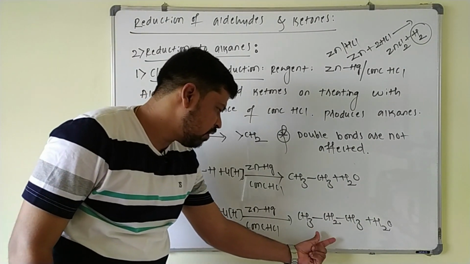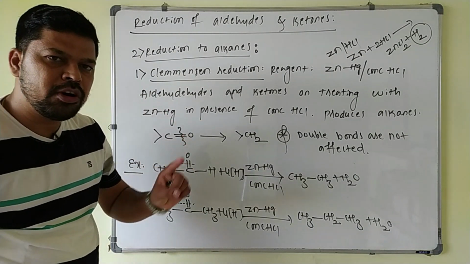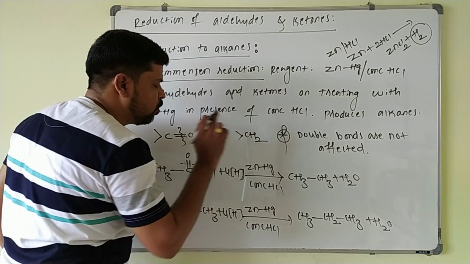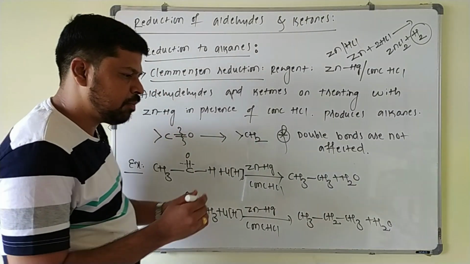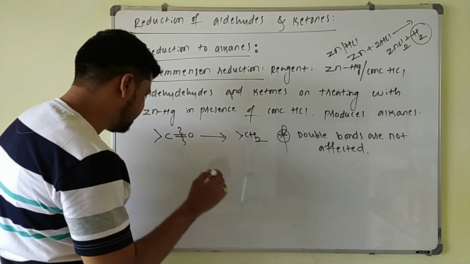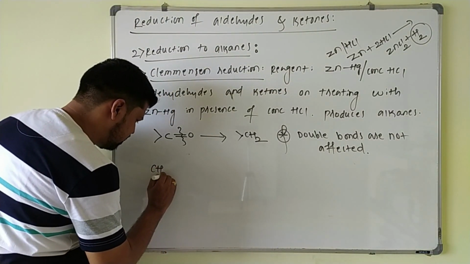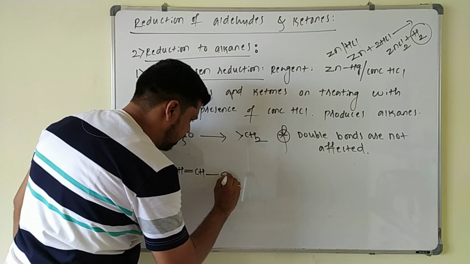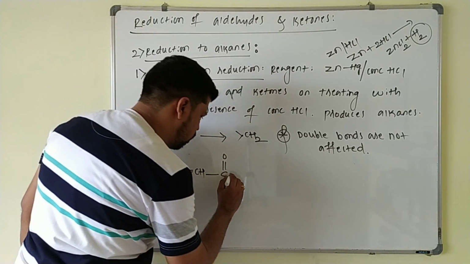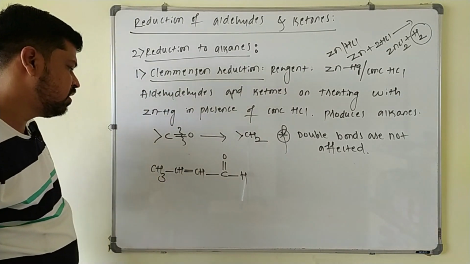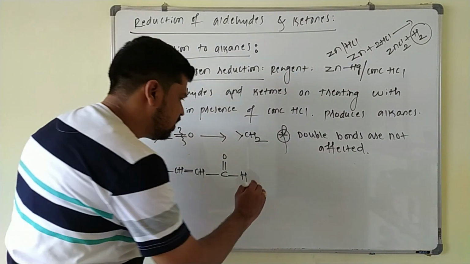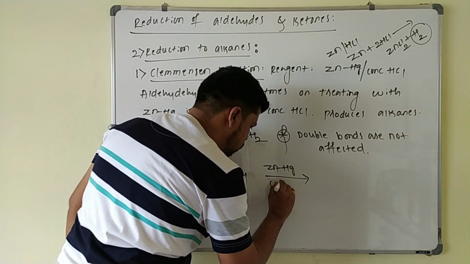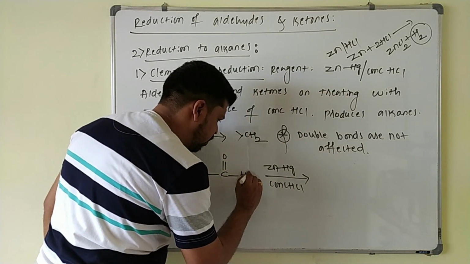3 carbon atoms, this is converted to 3 carbon alkane. Very important point you have to remember is, just this carbonyl group C double bond O is converted to CH2 here without affecting the double bond. We'll write that example also. Suppose if I take an example of this, CH3, CH double bond CH, and here you will get C double bond O, and this will be H here. This type of aldehyde which contains a double bond, this on treating with zinc amalgam in presence of concentrated HCl, what you have to add here?